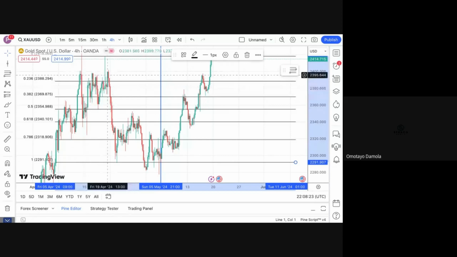Once there was a rejection, it fell. Once there was a rejection here, it fell. Once there was a rejection around this zone, it fell. Once there was a rejection around that zone here again, it fell. You can see that price is actually interacting with this zone a lot of times. So once you rule your Fibonacci and you can identify proper candlestick patterns, you would almost have a very high,